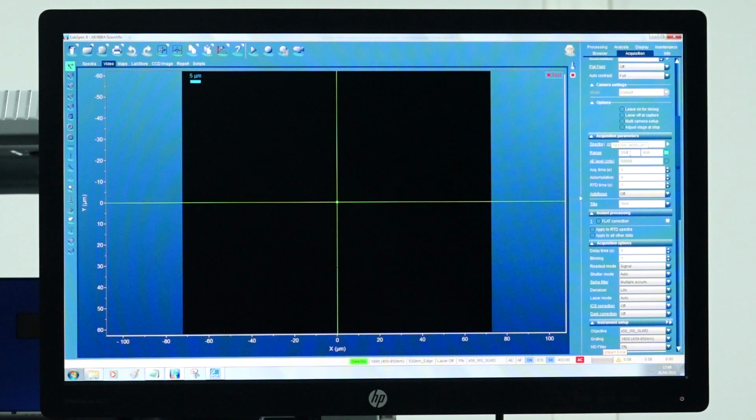The range I'll set from 300 to 550. Acquisition time is 4 seconds here, accumulation 4 and RTD 1 second.